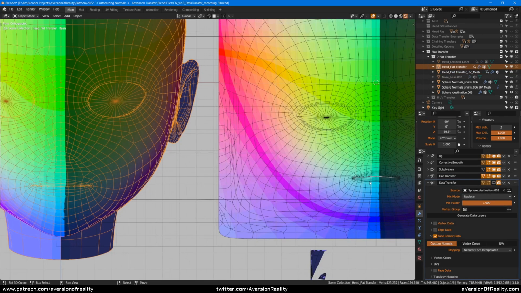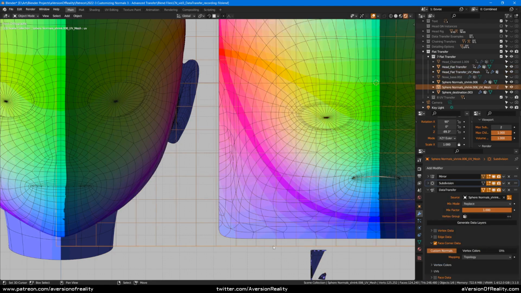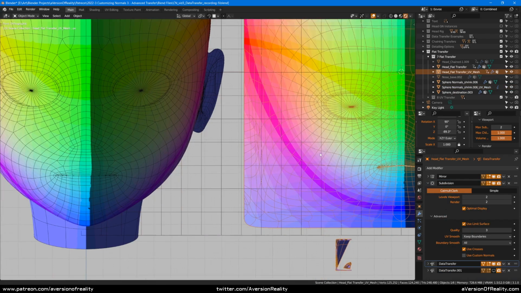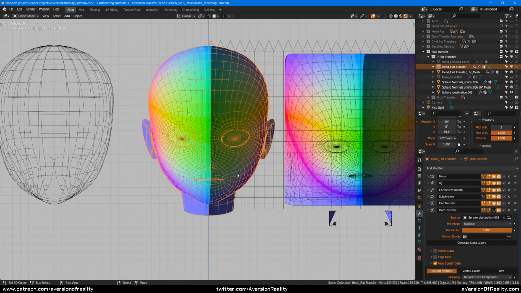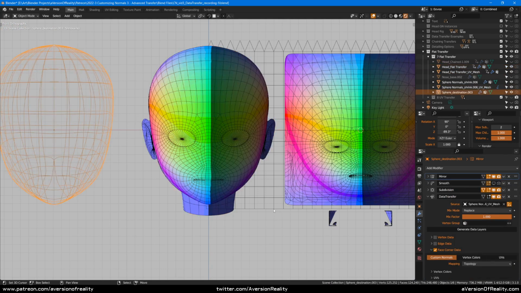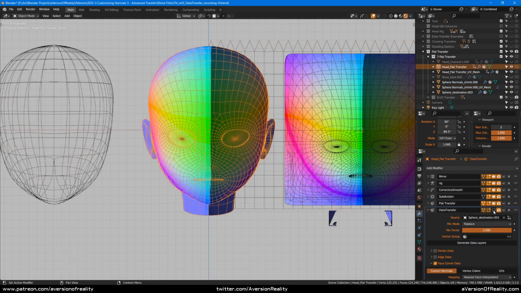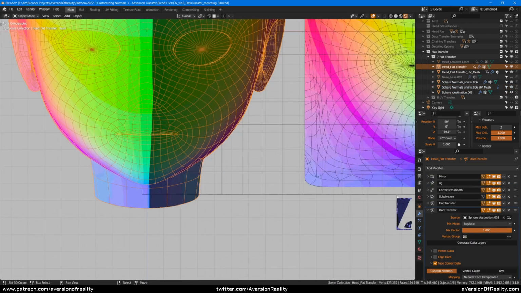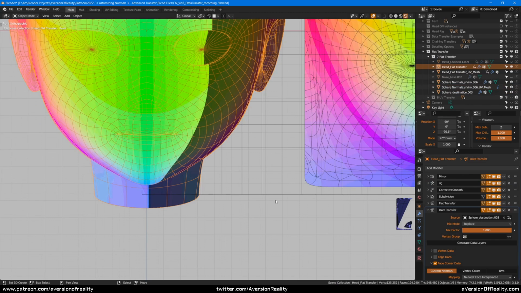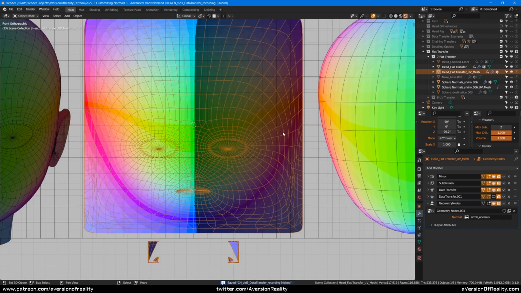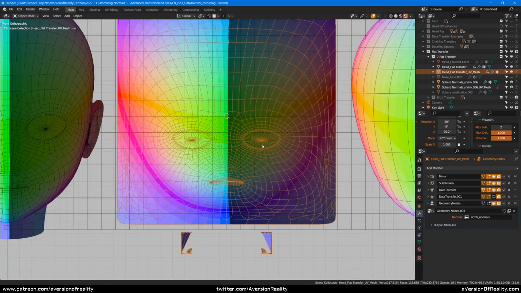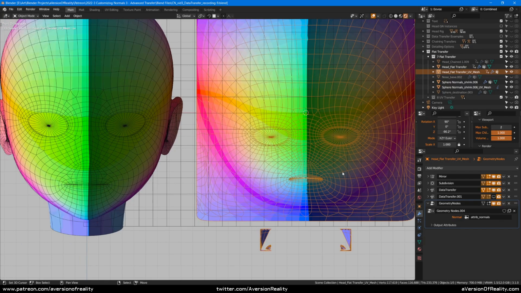Part of how we know it's an issue with the transfer from this to this is that the problem doesn't exist on this mesh. We can see that it's transferring from here to here and keeping the problem, but if we make another normal transfer modifier aimed at our old shrink wrap, and this is aimed at this, then no problem. So it's not being inherited from here, it's happening between here and here. So this is annoying, but it is not a showstopper for us because there are a couple ways around it.